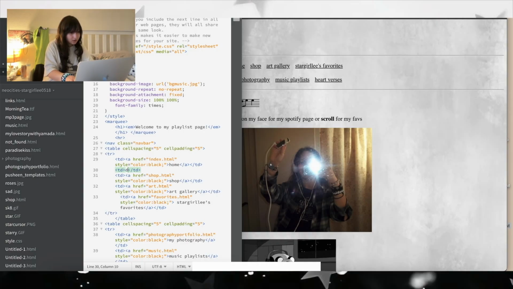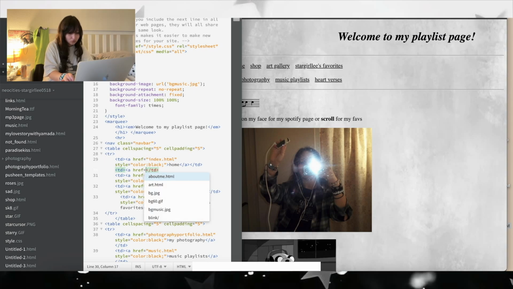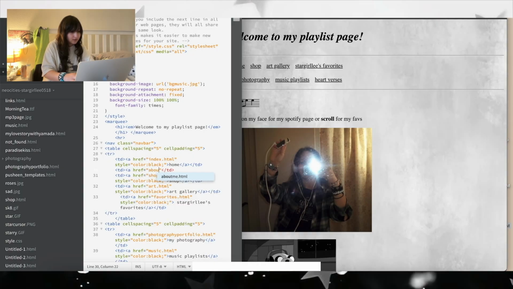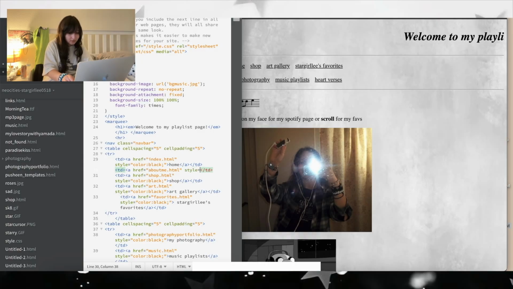Table data, and then we're gonna go a href equals about me .html, style equals color,